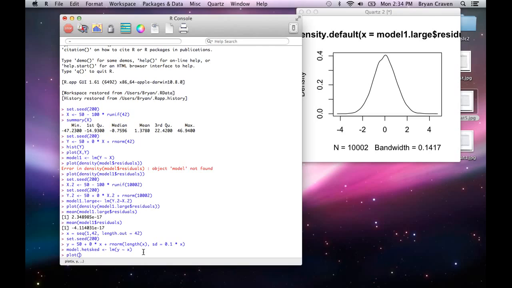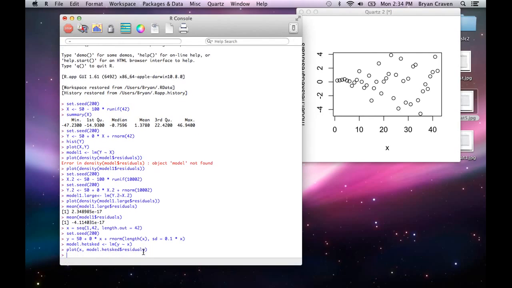Say plot x, and then model.hetsched $ residuals. Again, we're using the $ to tell R that out of this model we want to pull certain data. So we want to pull the residuals data, and we want to plot it in comparison with the x variable. So if we plot that, we see here that